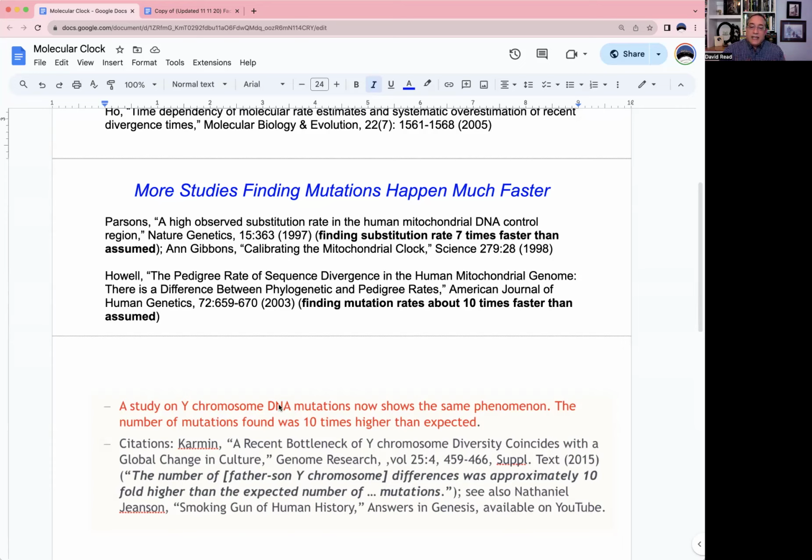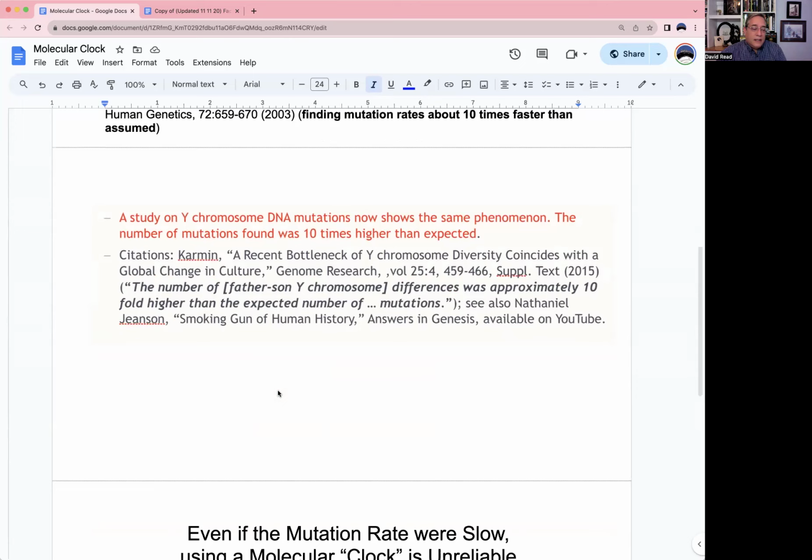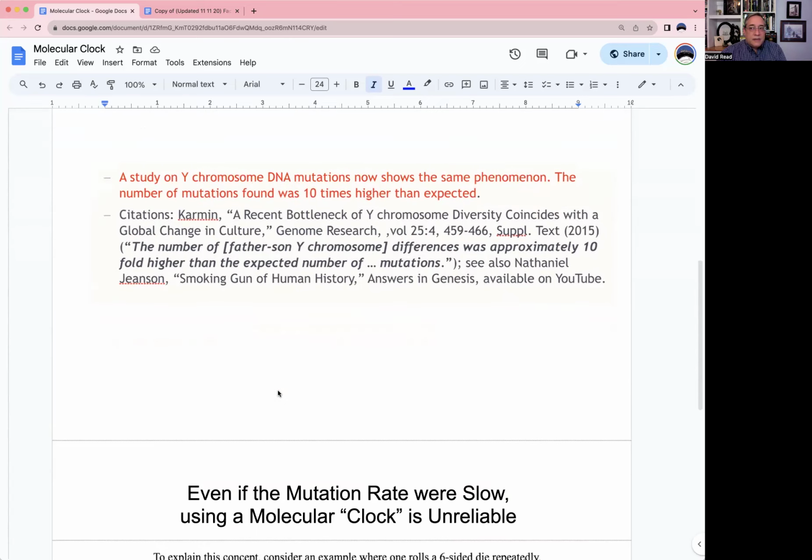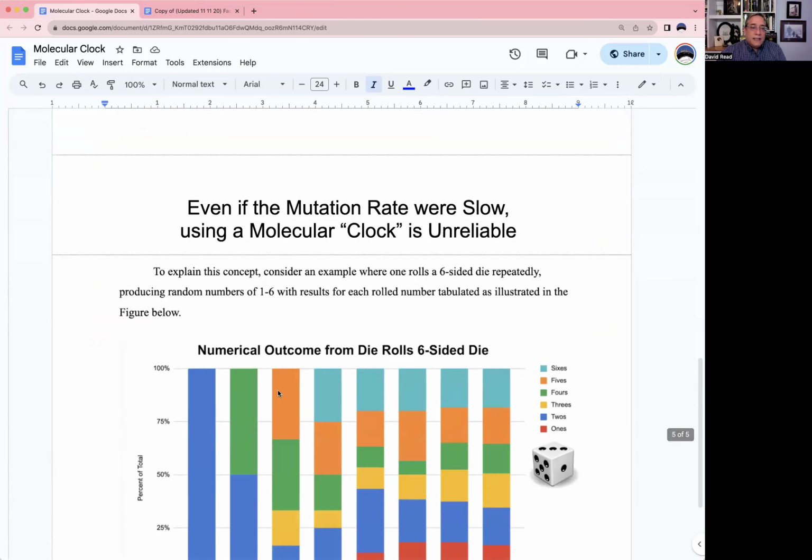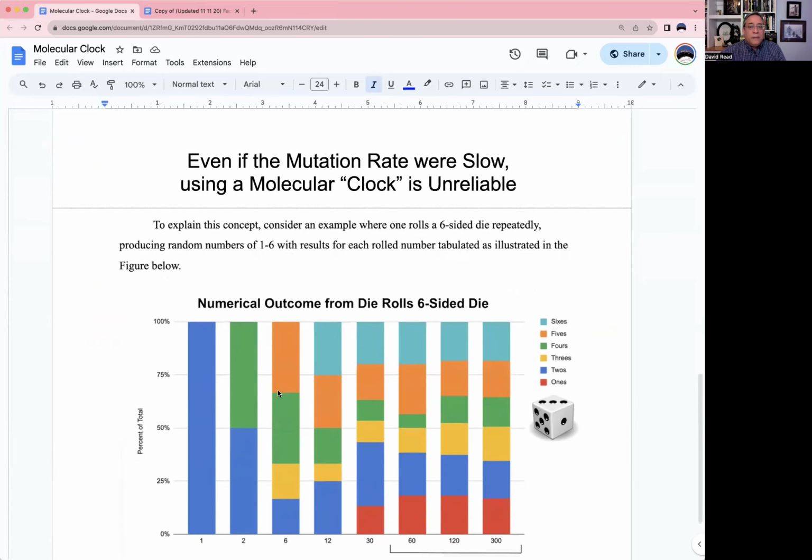So what DNA dating is, it's like saying that because we've rolled a 1 five times, that means it's been rolled 500 times total, because that's the average. Well, it should be obvious that that's really poor logic, because you don't know that. You could get lucky and roll a 1 multiple times in your first 10 rolls, or you could be unlucky and never roll a 1. You just don't know.